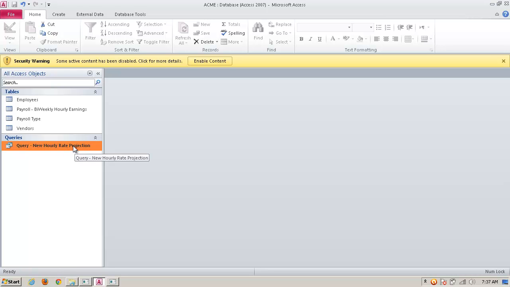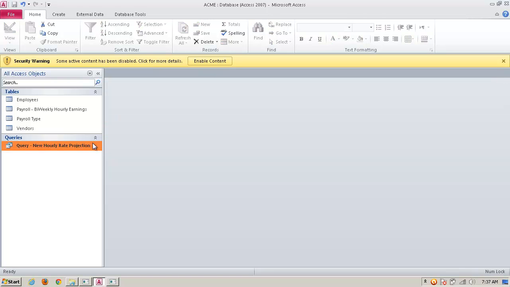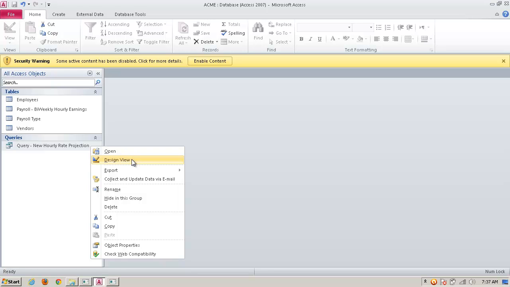Alright, so anyway, to run the query, after showing you all the options, I'm just going to double click it. When I do, notice their hourly pay here: 125 and 45. The only thing is that this is formatted in currency, and in our query we didn't format the new field in currency. So to make it look proper the way that it should, I want to go back to